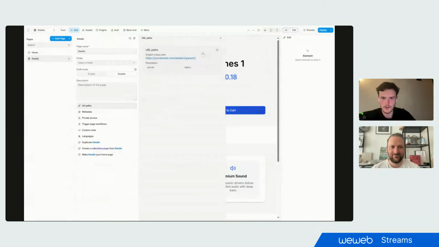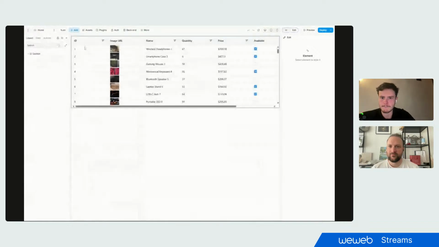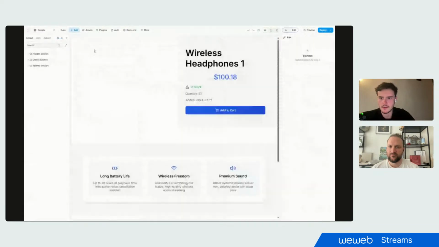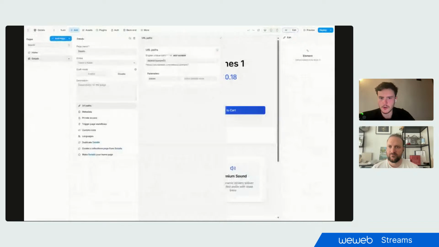So it seems like you're along the right kind of lines. You already have a custom URL path set up, right? Yeah. So for the parameter, it's useful to give it a different name. Is there some kind of unique identifier you want to be in the path? Can we just use ID? Yeah, sure thing. So if you go back to your details page, in the settings for the URL, if you change the parameters to ID, just so we have a better identifier in the editor. Okay. And so now if you switch back to your homepage with your data grid,